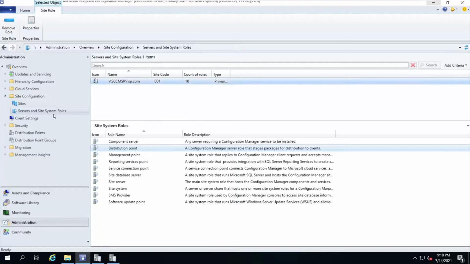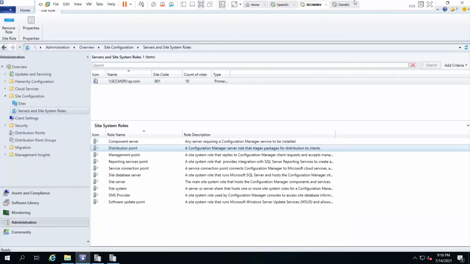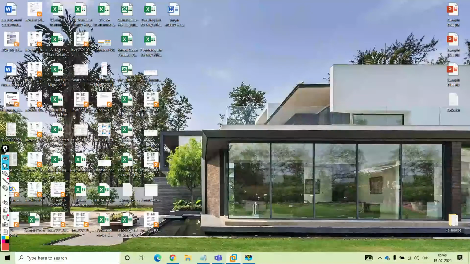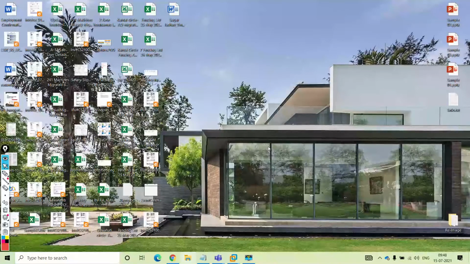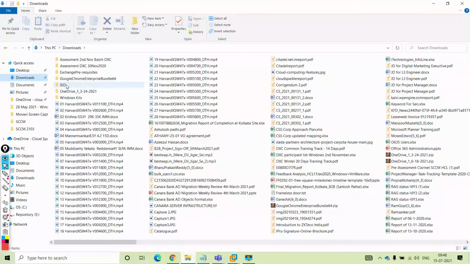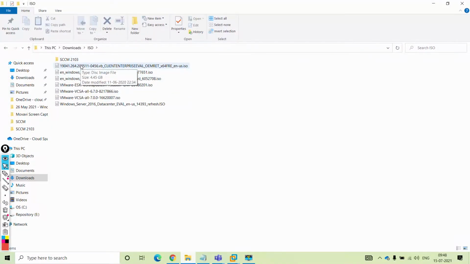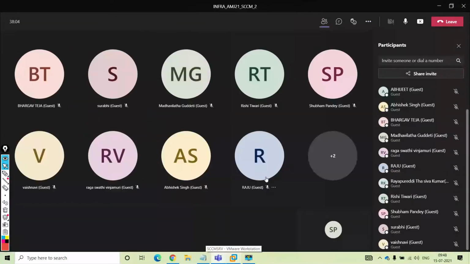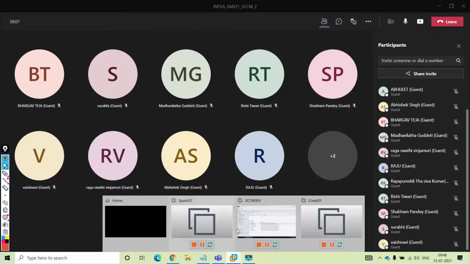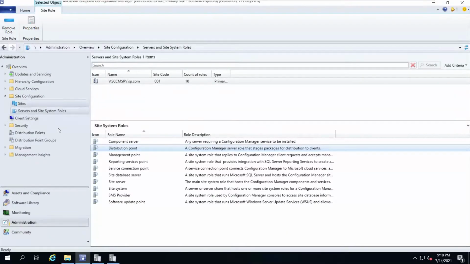So what I'll do, I'll here again upload my image. So I don't have any image, I didn't download it on the local machine, so I'll download it. Let me check which image I have. I am having 1904, so there is 2005 image only, which is an older. I don't have 21H1. Okay, so no worries. I'll come back here. Right, so this is how you can enable.